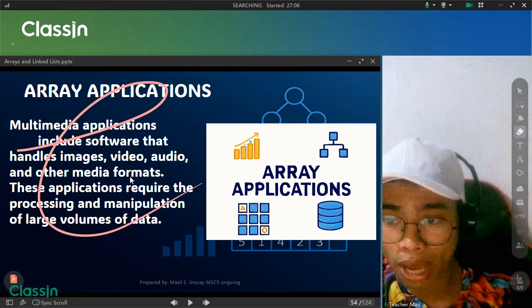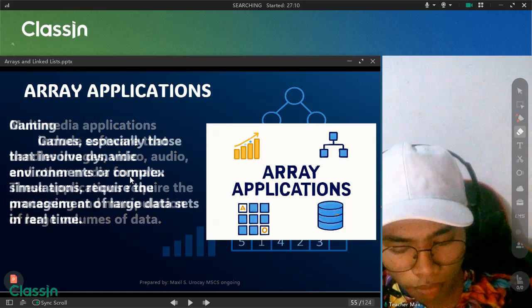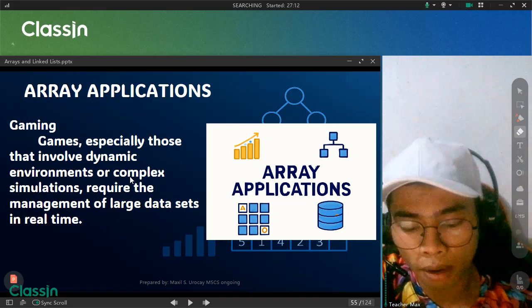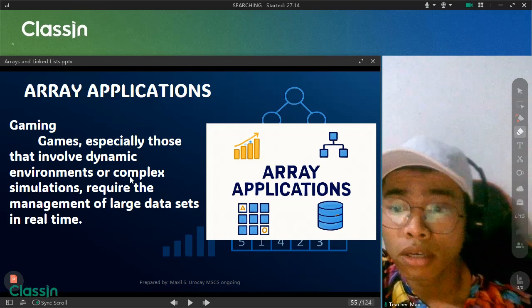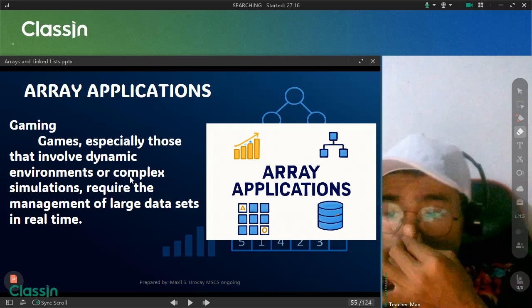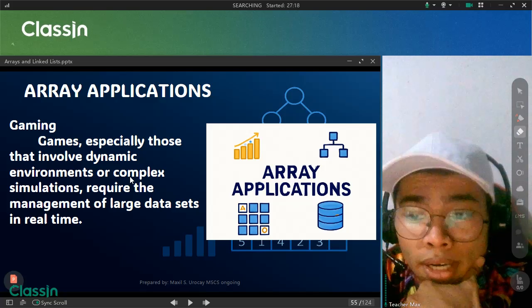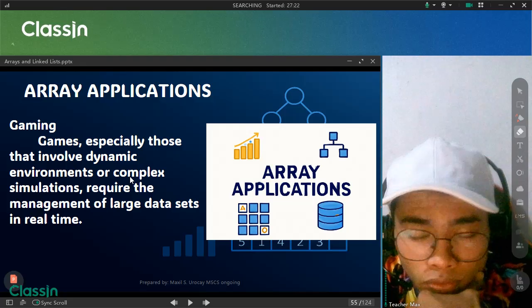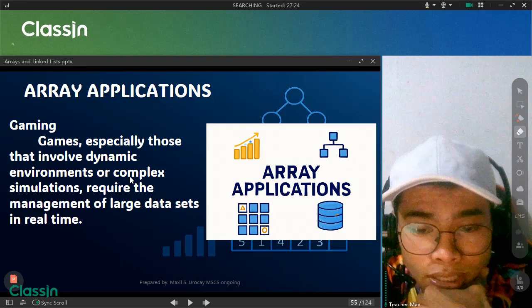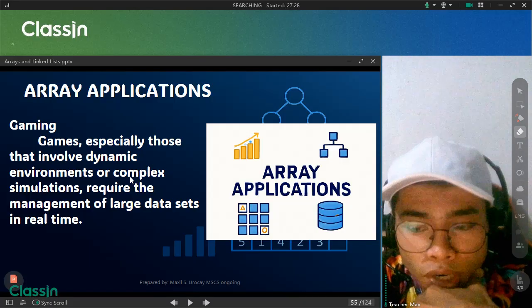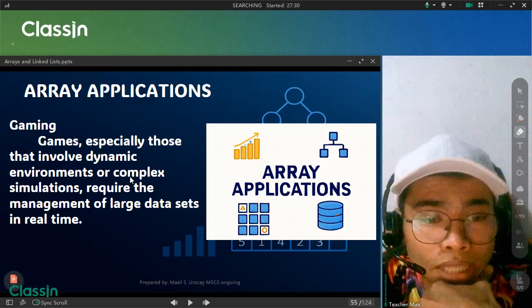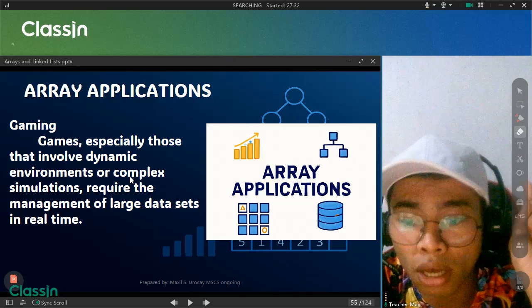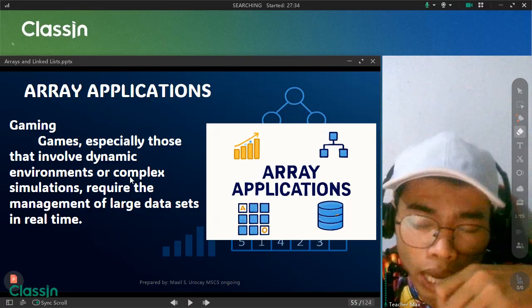And we also have gaming, lastly. Games, especially those that involve dynamic environments or complex simulations, require the management of large data sets in real time. In games, we can access the data even faster, because games need quick access to elements like player position, for example, enemy states, and terrain data.